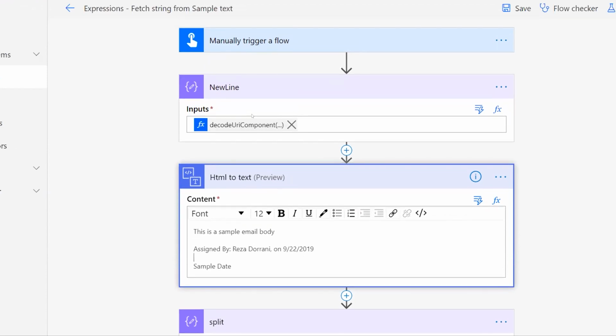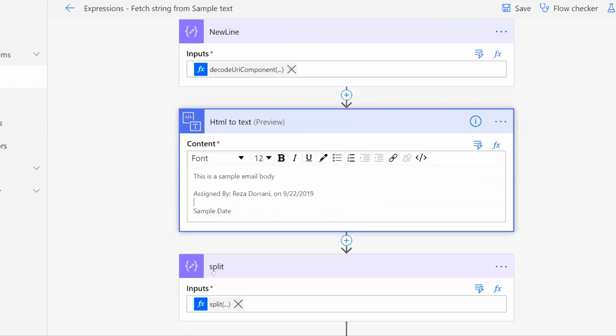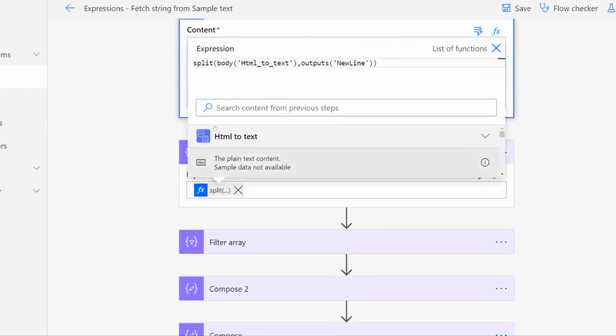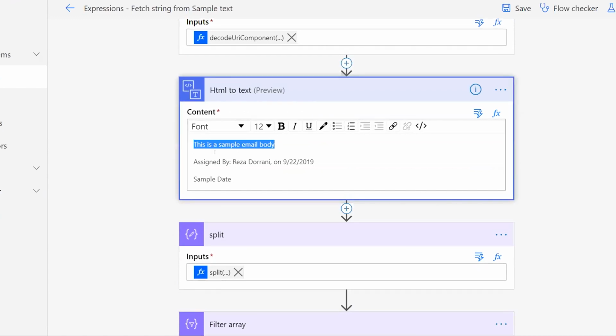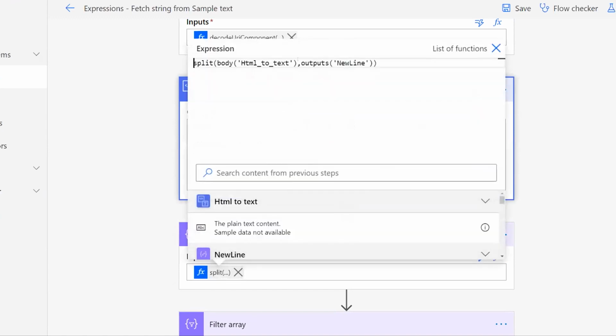Okay. So in this case, the first thing is I'm again using a split function. And the reason why I'm using split is because I'm trying to split this text by a new line character, because I want each and every line to be a separate item in an array so I can handle them one by one. That's the first thing I need to do. Now, in split, there is no way for you to define a new line character. Yeah, I can define a space, but how do I define a new line character?